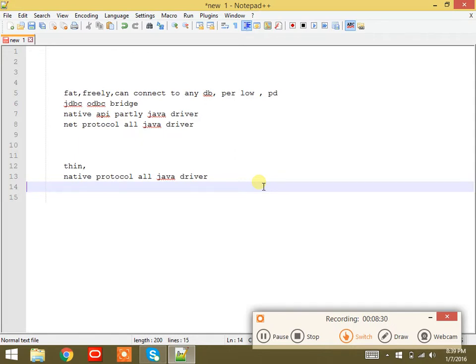In a connectionless service, data loss may happen, and we cannot rely on it. That is the drawback of the type 4 driver. For types 1, 2, 3, that is the advantage. Clear? Make a note.